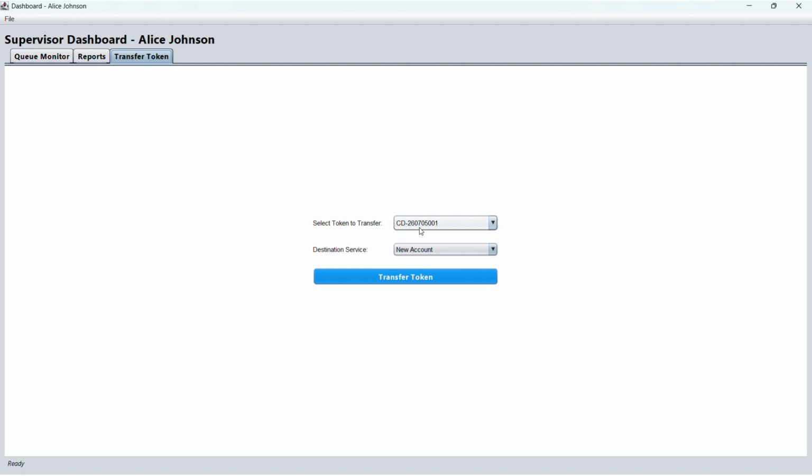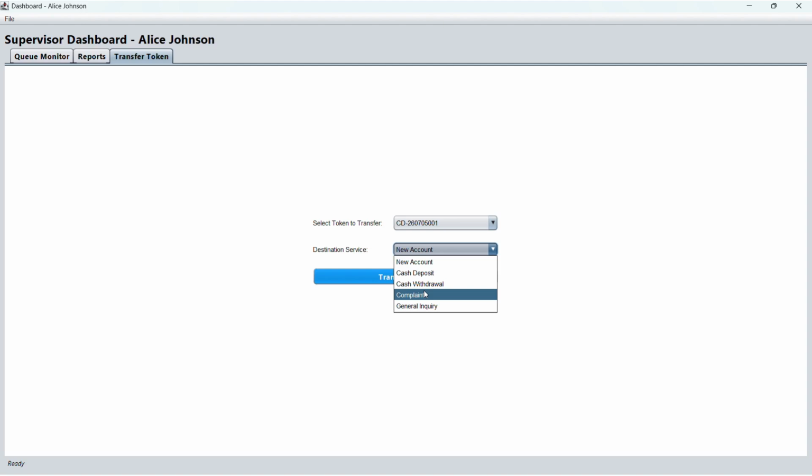Here, the supervisor can select the token CD 260705001 and choose the new destination service.